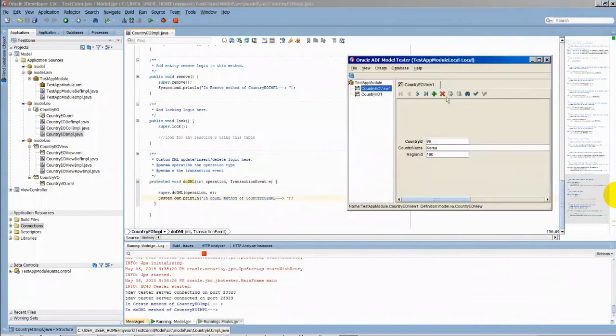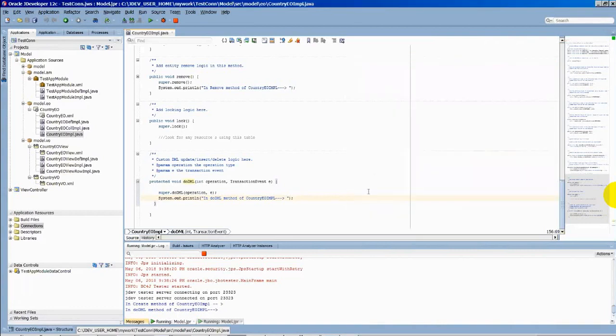We can insert the record here, we can remove the record here, we can update the existing record here, right? So we have three kinds of DML operations. We can insert it, delete it, and update it. So how do you know which one is inserting, which is deleting, which is updating? For that, we have a few variables given by this